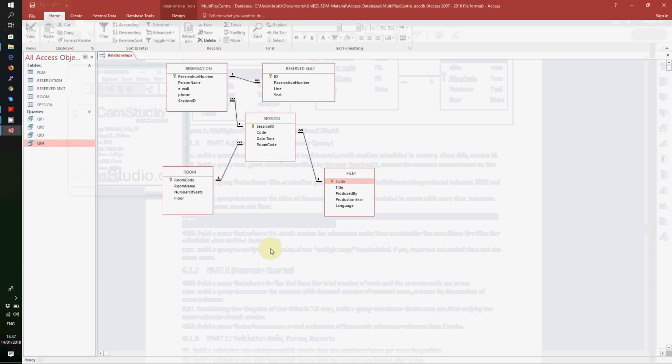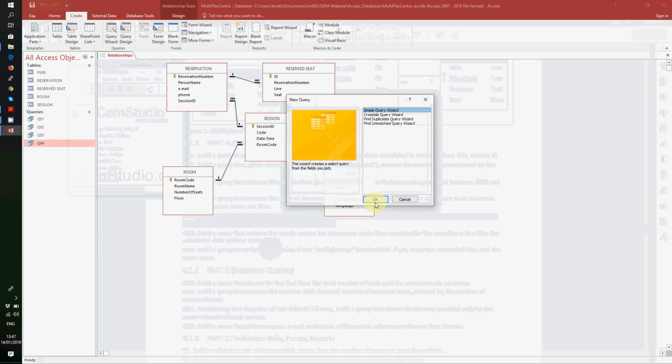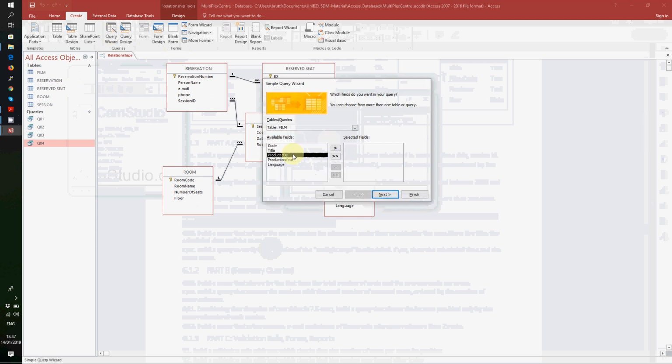So let's take our multiplex center database again, create query wizard, simple query. So we need to display the titles of German movies,